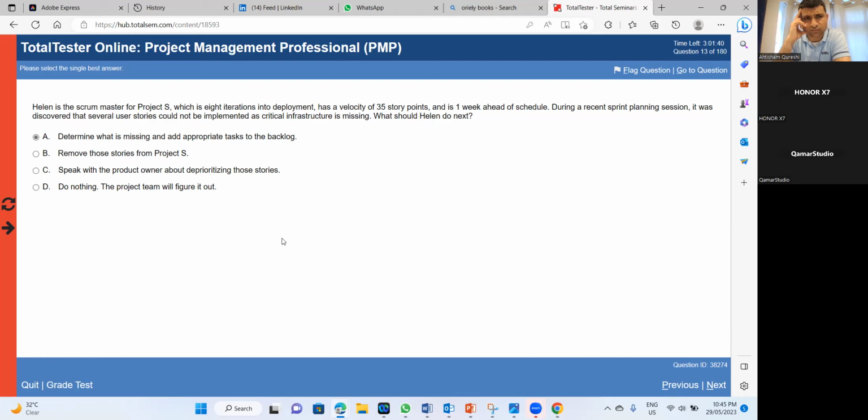I would say, for example, they are 1 week ahead of schedule. They completed 35 story points also. So they are going very well actually. But even the story points which are going to the part of infrastructure also need to be considered. Even if some job we are missing and we are ahead of schedule, it doesn't mean we are going very well. Yes, exactly. But since we are 1 week ahead, we have a bit of span to